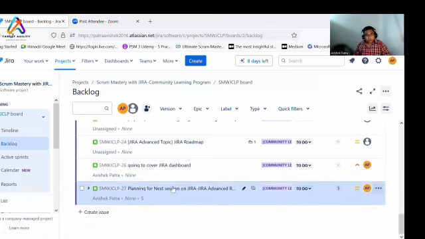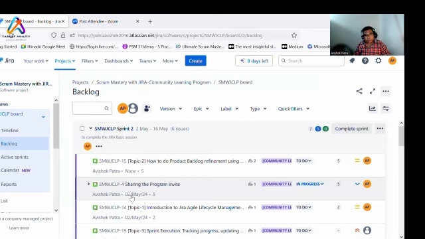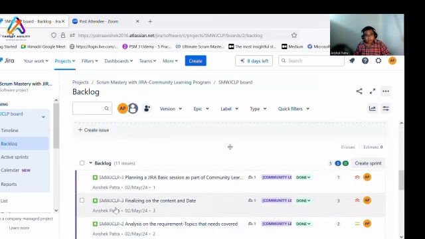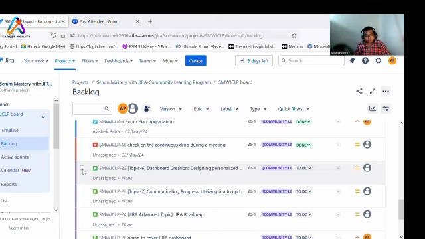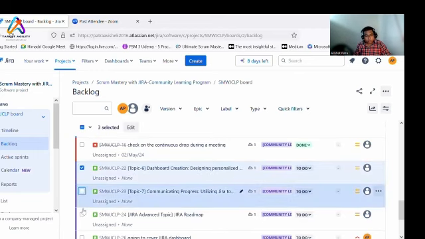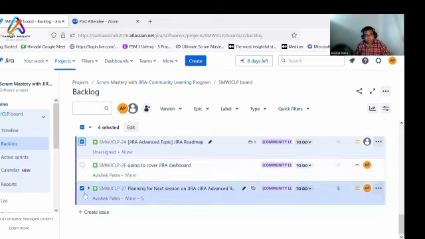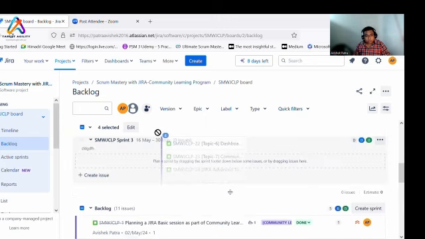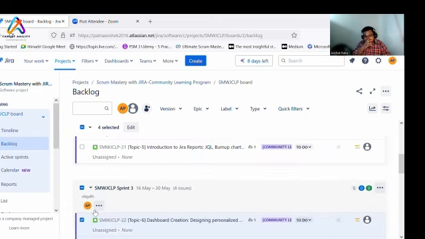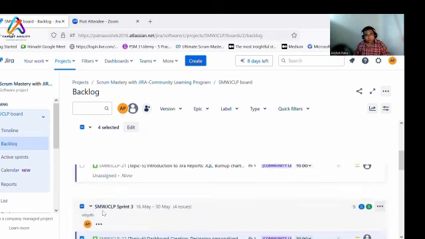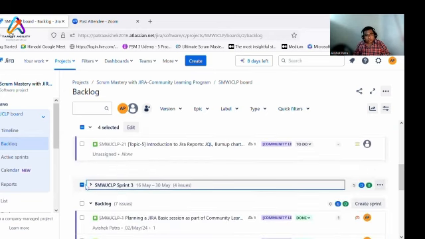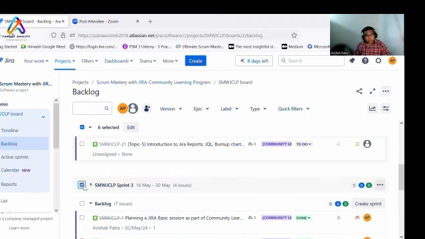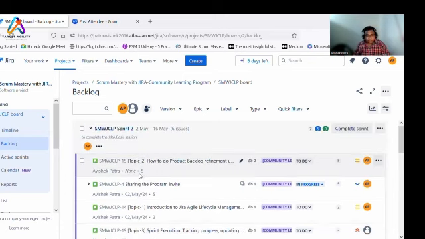Now you are in the product backlog refinement session. You have created the epic, you have created the story and all. Now you want to plan it for sprint 3. How can you plan? For example, let me select this one, this, and this. I can just drag and drop into the sprint 3 backlog. So this is one way of putting in things, or you can select the sprint in the Jira ticket, and it will automatically be put there. Okay, sprint 2, sprint 3.